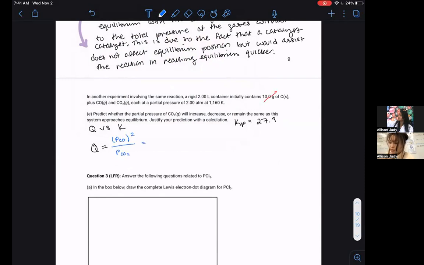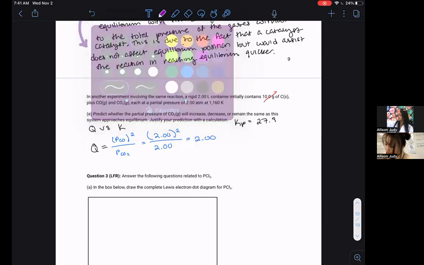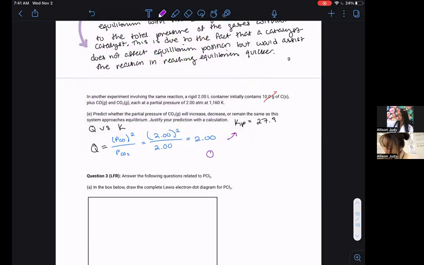Obviously, though, partial pressure is not at equilibrium. So you're told that each one is 2. So you're going to do 2.00 squared all over 2, and you get a value of 2.00. Well, when you compare this to KP, you see that Q is less than KP quite significantly. So what you would say is that we'll predict whether the partial pressure of CO2, well, CO2, what we would see is that the reaction